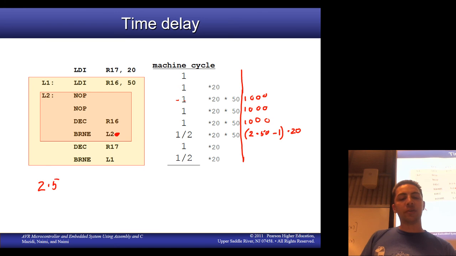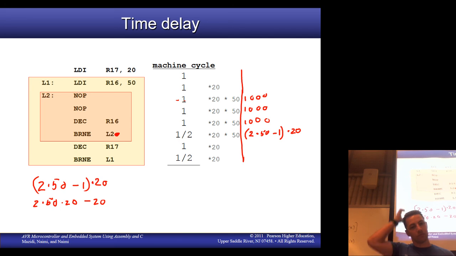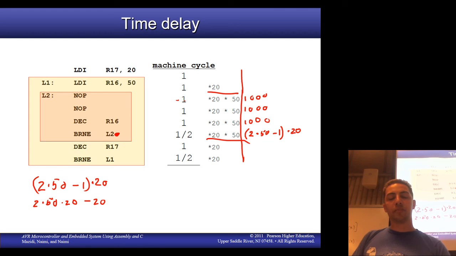So 2 times 50 minus 1 times 20 becomes 2 times 50 times 20 minus 20. Okay? Much better way of doing that. And that covers all the things in the inner loop. The outer loop, 1 times 20 is 20. This is 20 times 2 minus 1. This is 20. That's 1. So when you do all of this out,